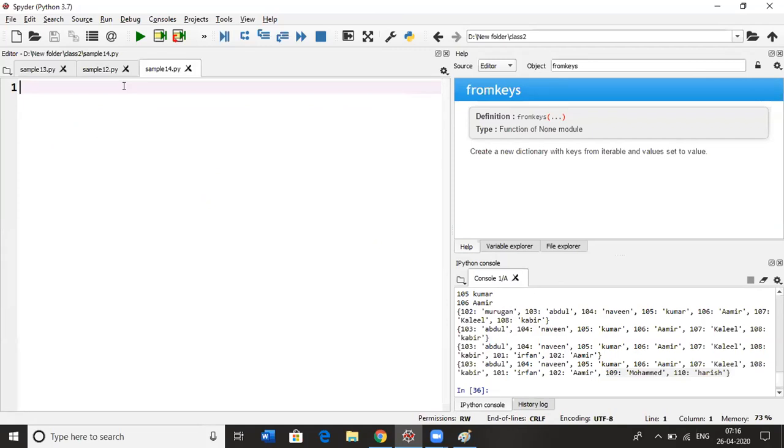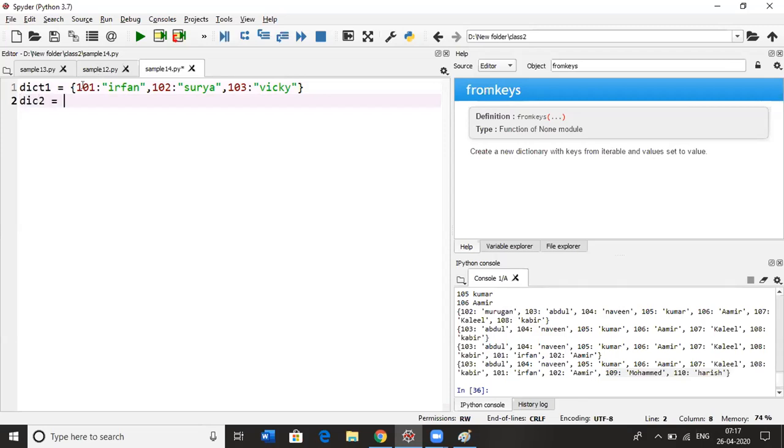Let's say I'm having a dictionary here. In that dictionary, I'm passing some values. Say I'm having three data here, and one more dictionary I have here.